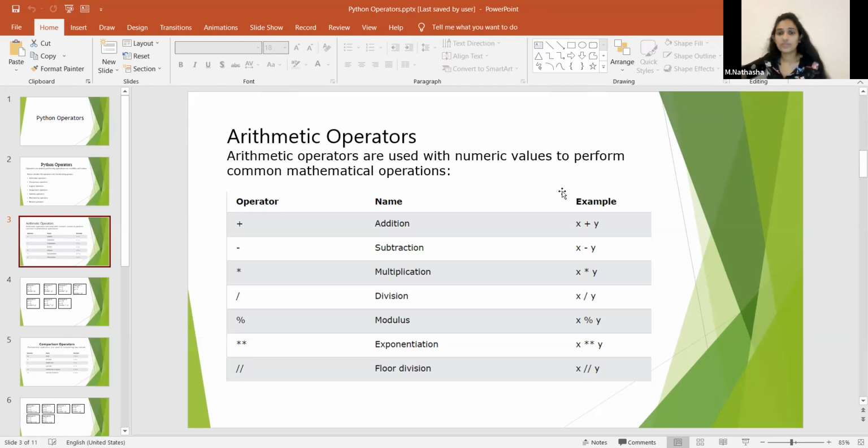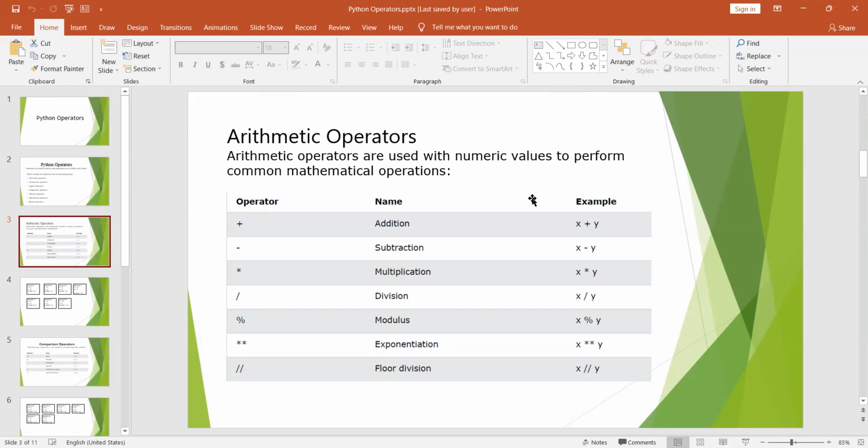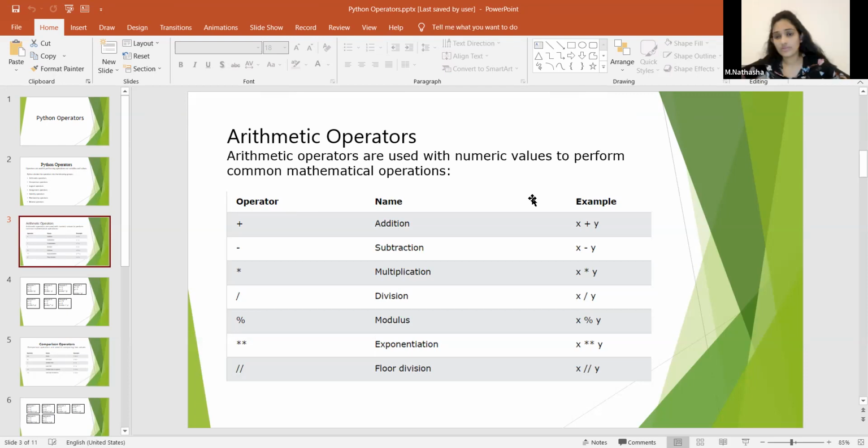Setuli, can you hear me? Yes. Then what is the answer? Dividing 5 by 2. You have to divide, not multiply.